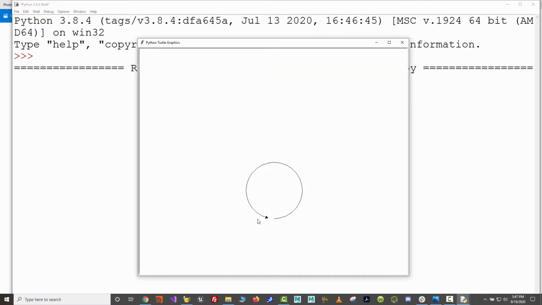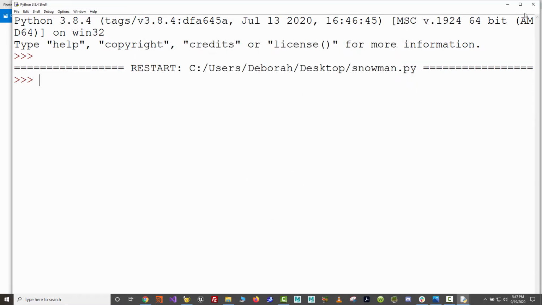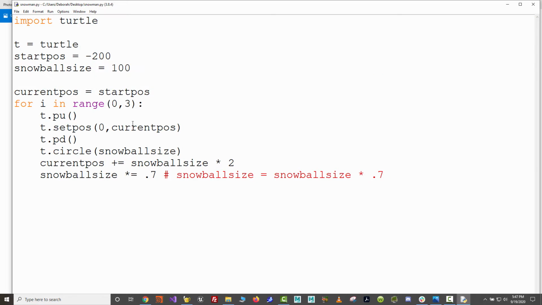You can see here what it does is it goes down to the start position, then it draws based on whatever the previous radiuses or diameters were. So it draws that first one at the bottom level, the start position, then it goes up the snowball radius and draws this, and then it adds that size to the next one, and then it goes to this and adds that size to the next one, and so on. So if we repeated this, say 5 times,